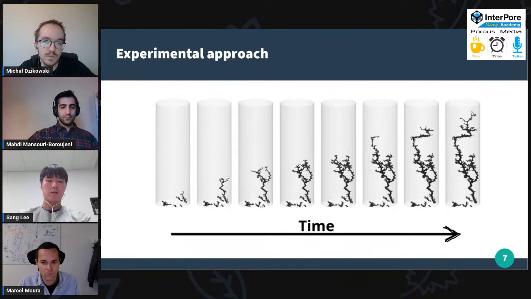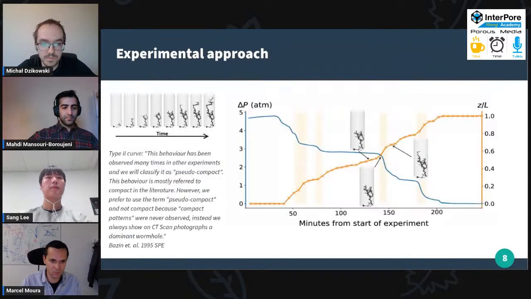This is not a simulation, this is an experiment. The wormhole grows more or less straight in some areas, but there are some areas where it could go even horizontally, which is not really that obvious that it was going to happen. But for some reason inside the rock, the dissolution moved from one area to another, because that was where the evolution was more preferable. So we try to recover that in numerics.